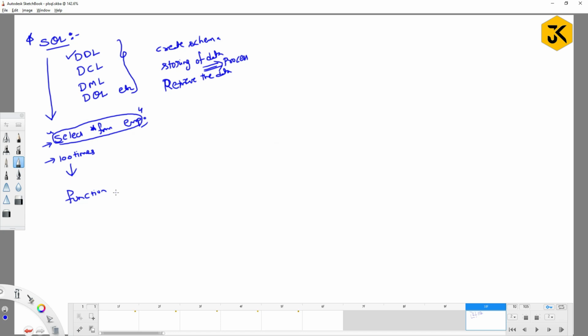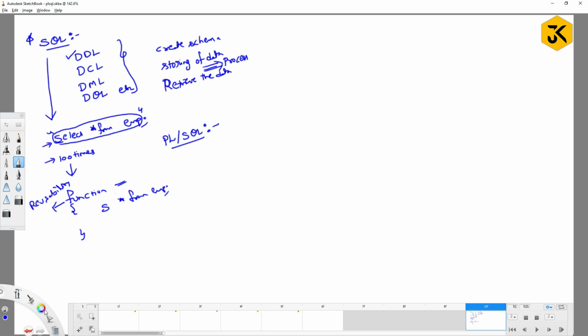A function followed by some function name. Do you know the syntax? Select star from employee, and this is the block. I hope you know the general meaning of function, right? A function is a block of code meant for reusability. If you want to execute the same lines of code again and again, we can go for functions, but that concept is not supported by SQL. So for that reason, we are moving to one more language called